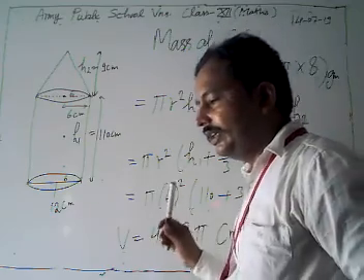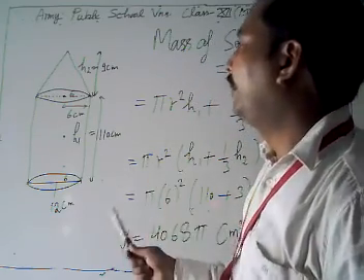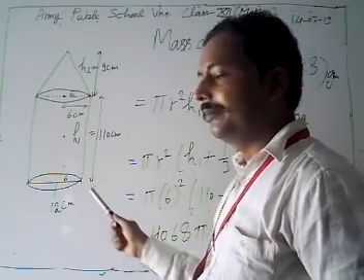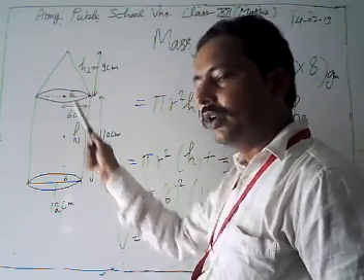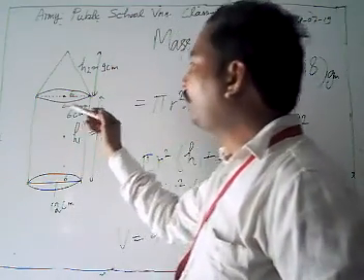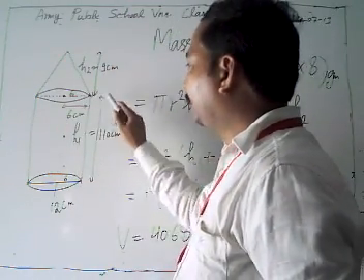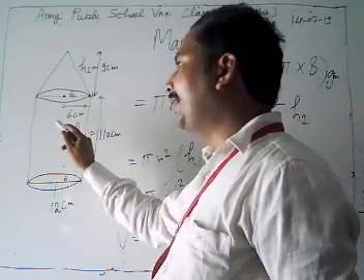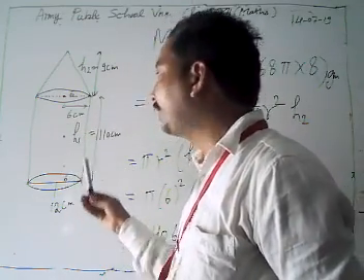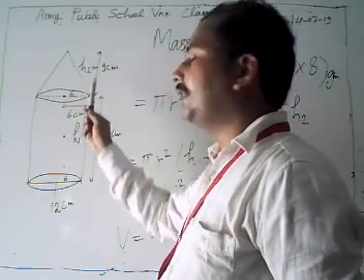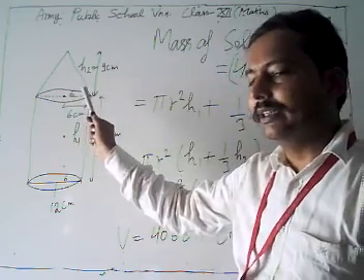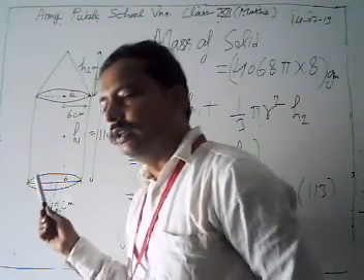What is given there? We have an iron solid having a cylindrical base. Then there is a cone surmounted on the surface, on the top there is a cone. It's given the height of the cylindrical portion is 110 centimeter and the diameter is 12 centimeter. Then the radius of the cylinder is 6 centimeter. Also given that the height of the cone is 9 centimeter, and the cone has the same radius as the cylinder.